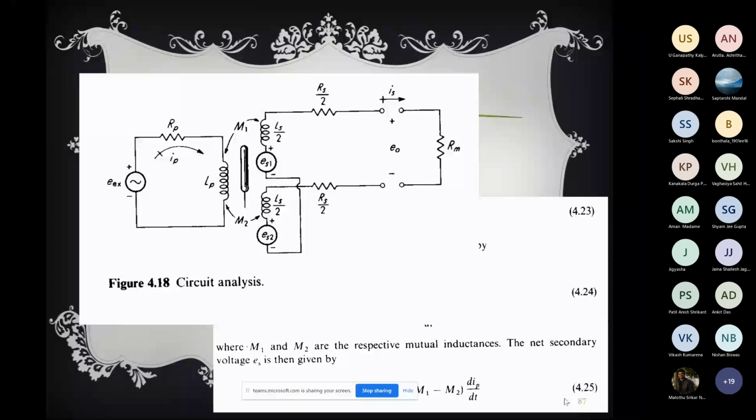We consider the mutual inductance, which is not M in both the cases. You please note it. Mutual inductance in one case will be M1, because it is based on the core position. When the core position is at the middle, it might be the same, but it may not always be in the middle. So the mutual inductance for core 1 will be M1, and the mutual inductance for core 2 will be M2.